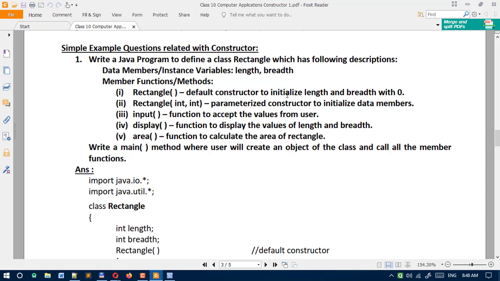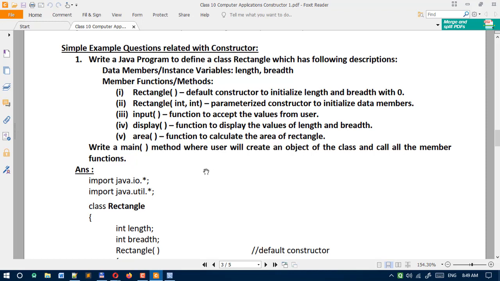It is a default constructor to initialize length and breadth with 0. Second function, rectangle with two int parameters, a parameterized constructor to initialize data members. So in this class we are going to define two constructors. Then the input function, display function, area function. After these, we have to write a main method where the user will create an object of the class and call all the member functions. Okay, so this is the question.